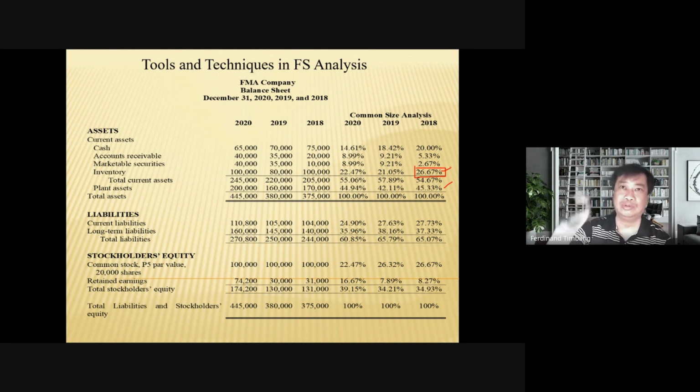We need to know how much we invested in a particular account. Kung ito malaki, okay lang. Kasi marketable securities yan eh. Ibig sabihin, the company is investing and they have excess cash. And if you have excess cash, then maybe you can use that excess cash to earn additional income in the form of interest or maybe in the form of dividends. Ha? So, kaya minsan, alam mo, ang ginagawa ng mga kumpanya,